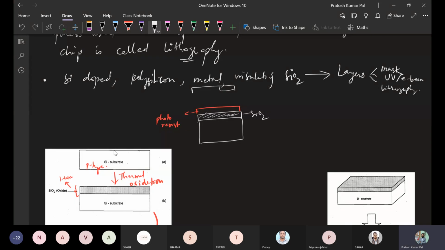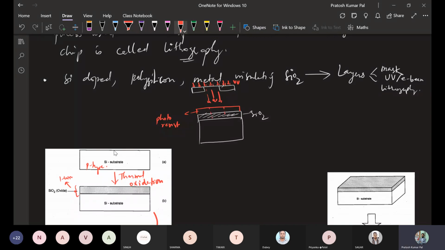The mask will be such that it is opaque here and it is opaque here, and here it will be open. Here ultraviolet light will fall, so UV light will pass through the open part, and here it will be opaque, so the light will not pass through.